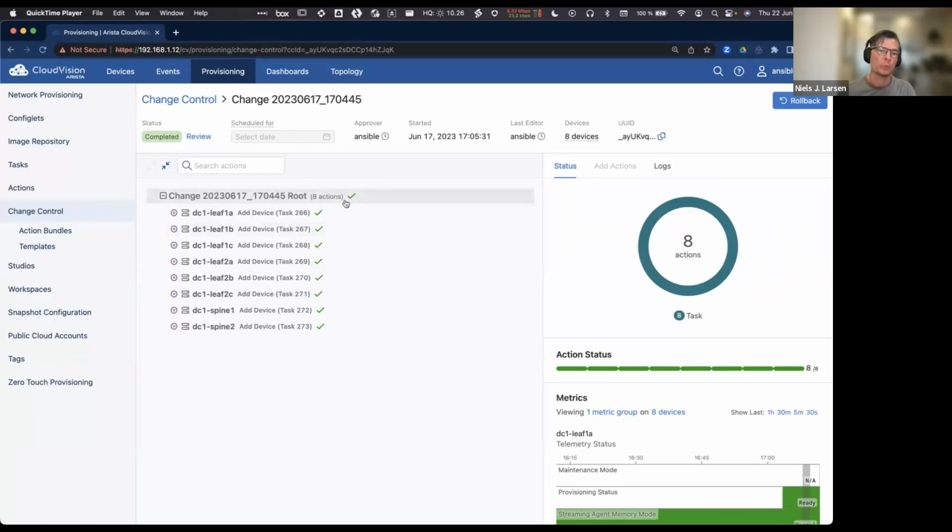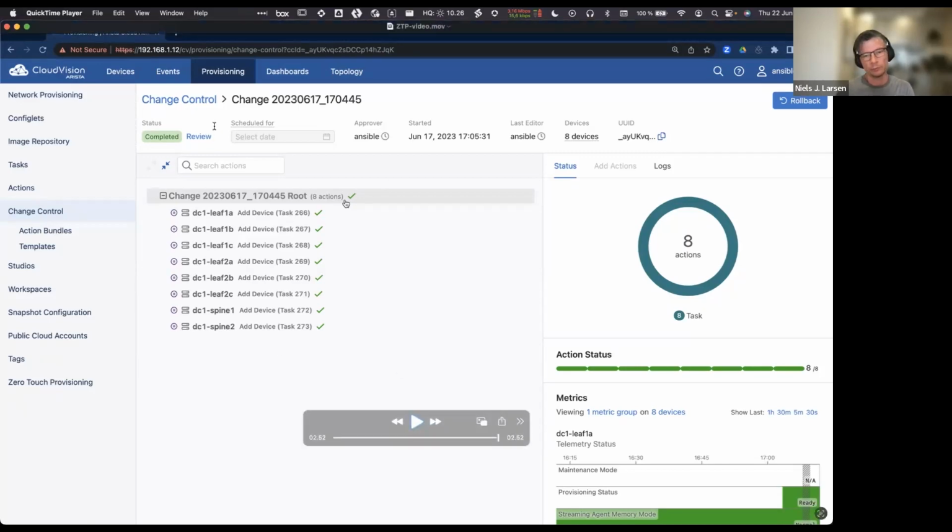And this also means that the people that are installing the switches and cabling them, they don't need to be senior level network engineers. It can be whoever you trust with a screwdriver and a cabling plan. And if they do it right, you will end up with a working Fabric. And if they don't do it right and cable it incorrectly, we have ways of identifying that easily as well. So that was the first demo.